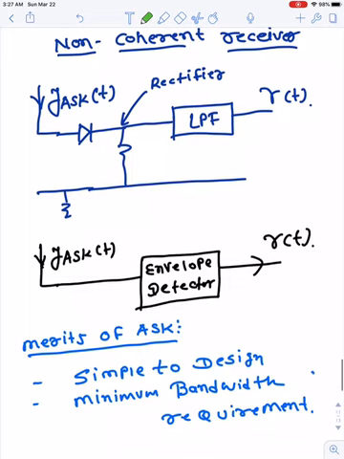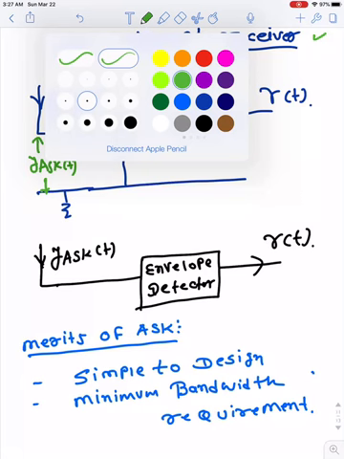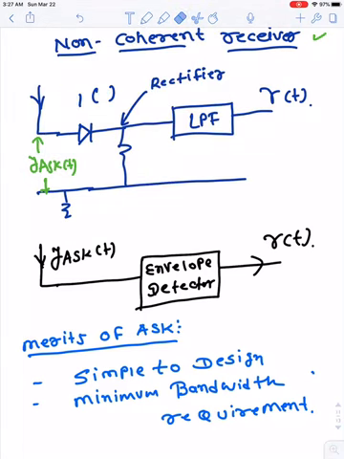Now we go to the next portion about the non-coherent receiver. So in a non-coherent receiver we don't have a carrier at the receiver to decode the signal, so we will follow the procedure of a rectifier. Let's say we apply here the ASK signal of t, right? So this is applied here, and it is passed through the diode. So what happens here, the input which is applied here is a signal like this. After passing through the diode it will clip the negative value, so we have only this portion,